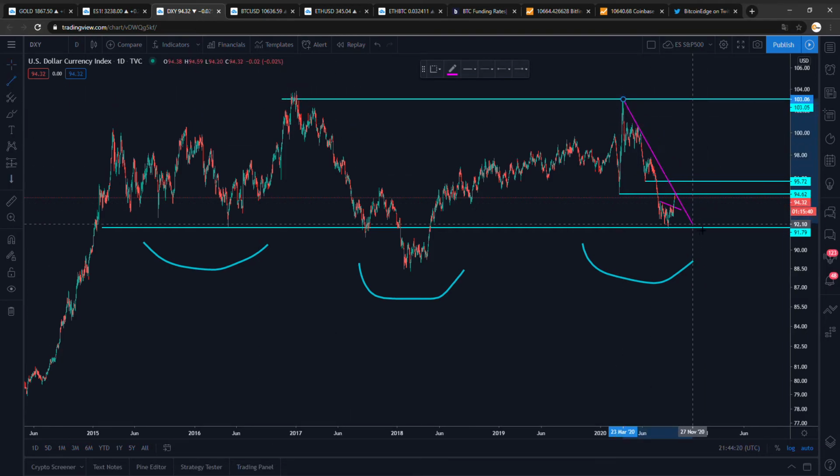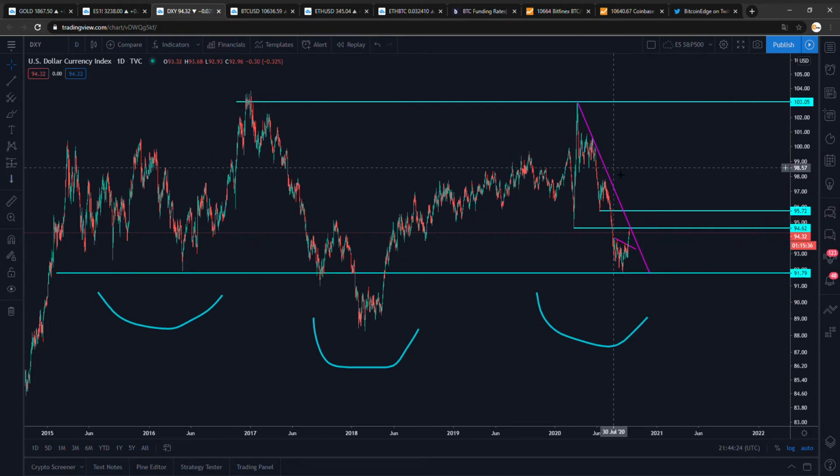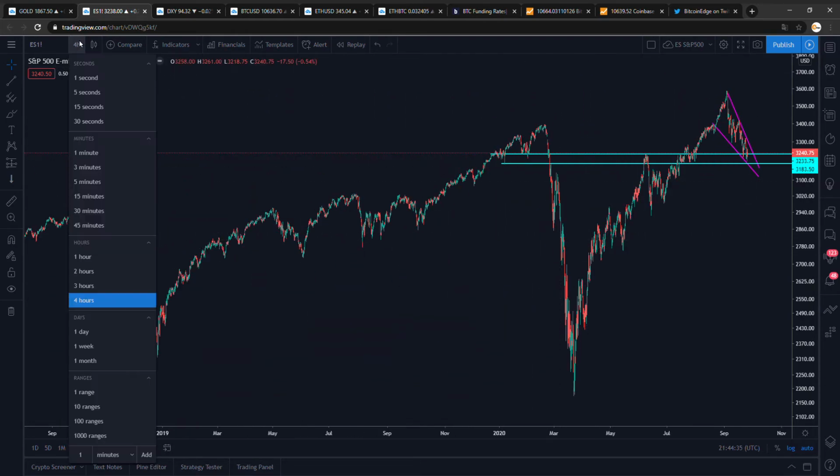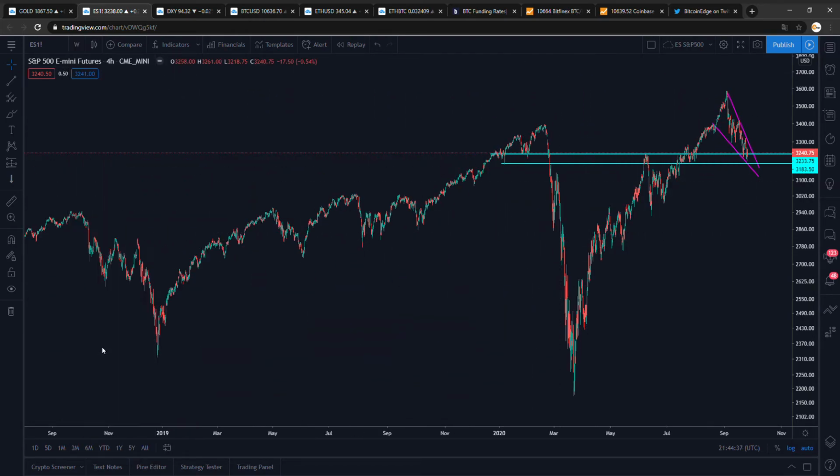Let's draw this trend line over here. Break of this trend line would be bad for everything else except the dollar. So that's basically it. We see this falling wedge still intact on the S&P 500, but if we zoom out,